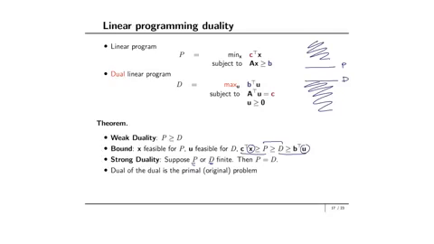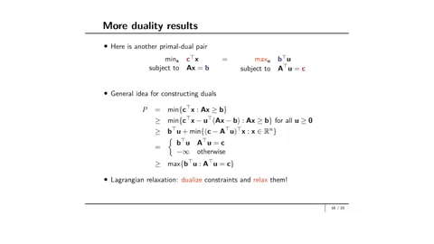Going a little bit further, here's another pair of primal dual linear programs that we'll be using in the course. Minimize over X, C transpose X, Ax equals B. It's equal to maximize U, B transpose U, A transpose U equal to C. And this equality, I'm putting it there to emphasize the fact that there is strong duality between them, but to